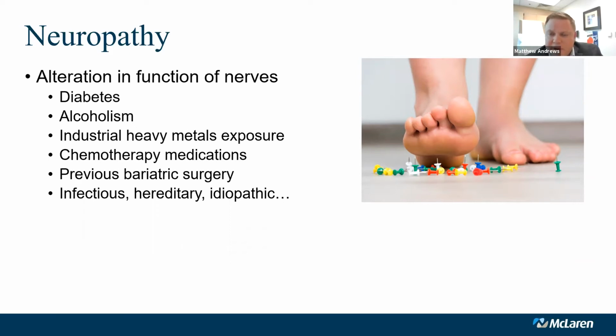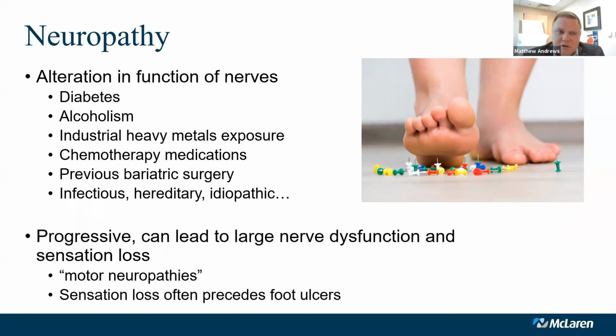And again, neuropathy, much like neuritis, is not a primary disease process. It is the result of some other process. So something is causing this aberrance in the function of the nerve. Some of these neuropathies can become progressive, where over time, it starts with the smallest of nerve fibers, but over time, it will affect large nerve fibers as well. So you can end up with loss of motor function in some cases.